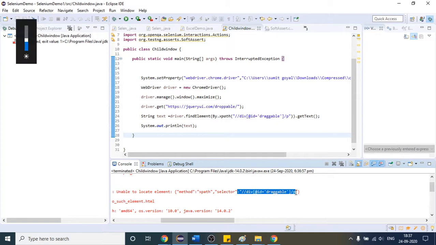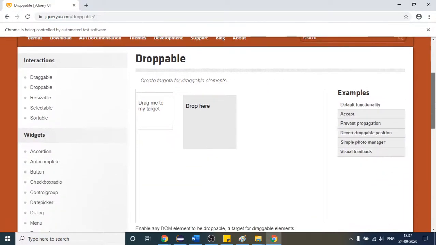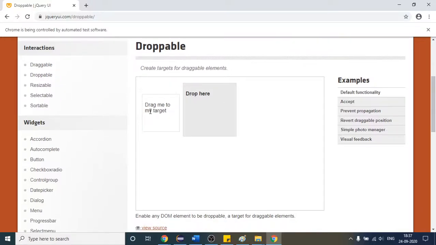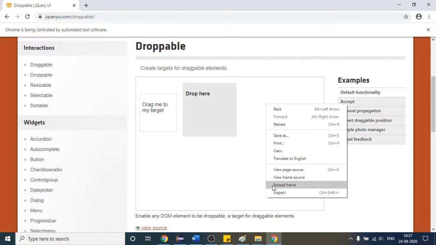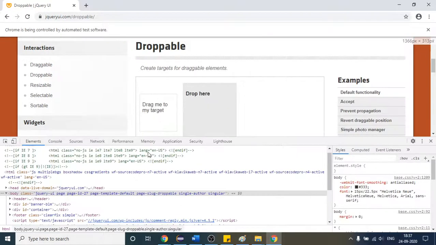But it is unable to locate the element. So why did that happen? Our code is correct, but why did that happen? Because this box and this box are present inside a frame. So how am I saying that it is present inside the frame? If you try to inspect it,